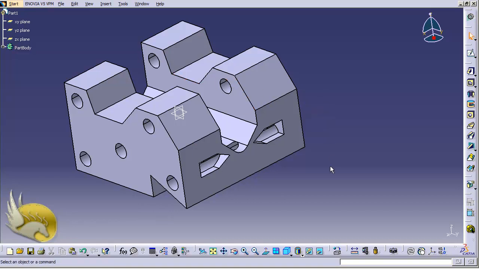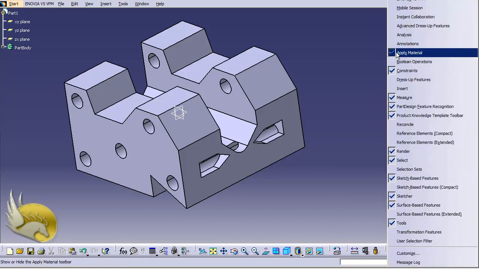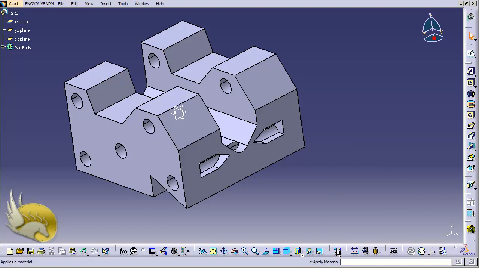You can see that apply material has a separate tool set for itself, and it has only one tool, and that's here, apply material. If you cannot find this, just type in the command here. Just type C, a colon, and then type in apply material. Of course, you can use this syntax for any other tool that you need to if you cannot find it